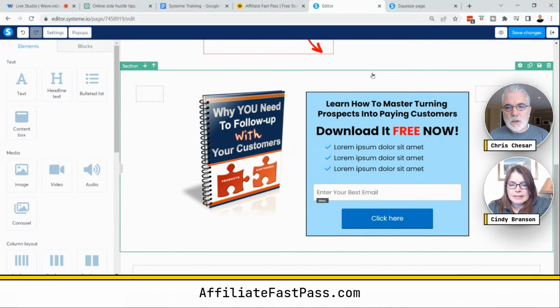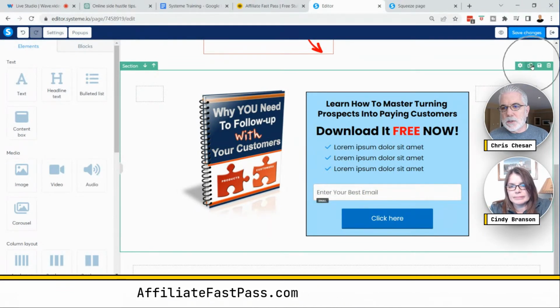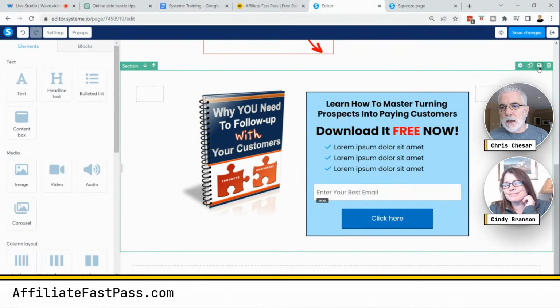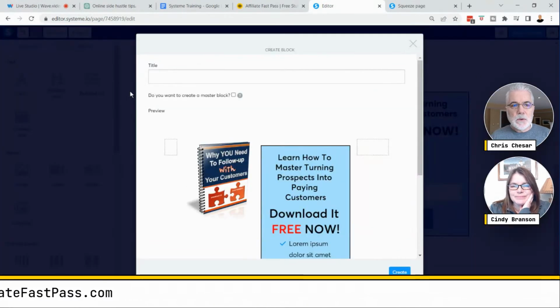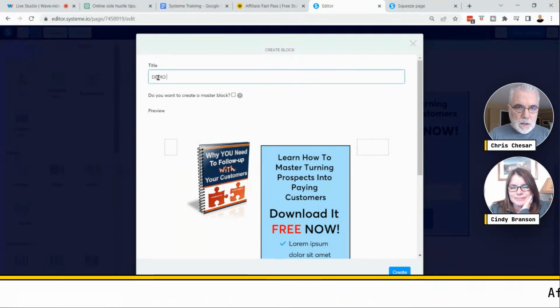I'll go to my section, and sometimes it gets a little persnickety. It's a little save thing here, a little like a disk. It's save, and we can call this demo